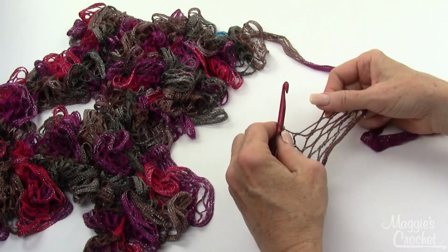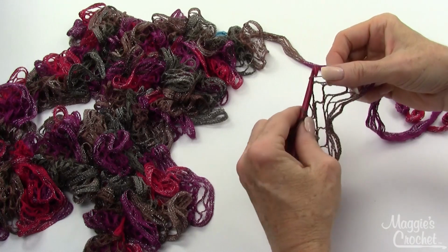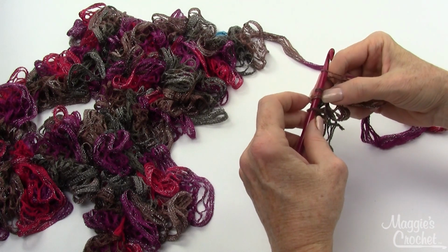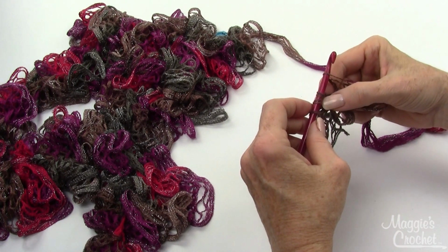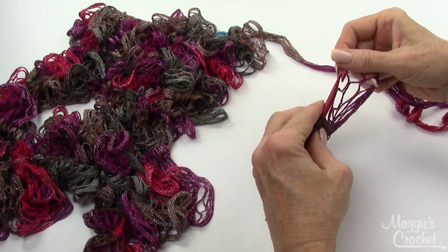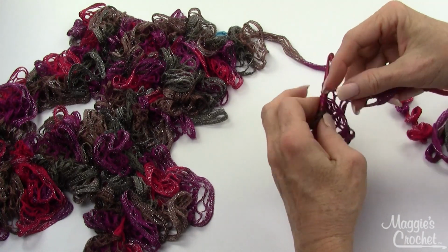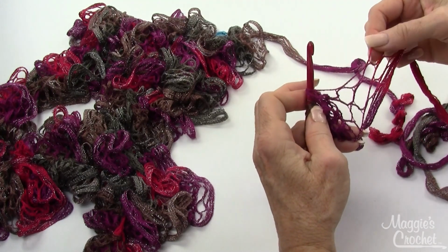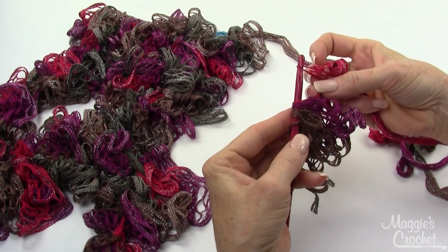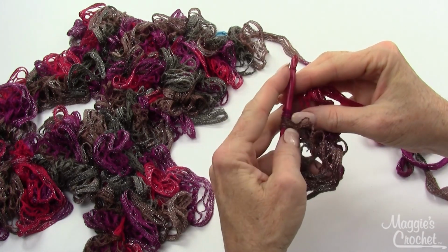Now this is a series of 9 loops that you're going to be picking up. You skip one and then pick up the other one. The first 3 boxes count as my first 3 loops. So there's 4, and then 5, 6, 7, and 8. I'm skipping a box, and there's 9. Okay, once I've picked up 9 new loops on my hook, I'm going to leave the very last loop on